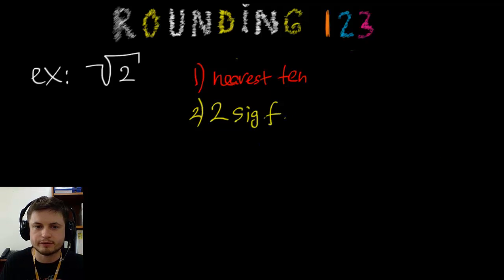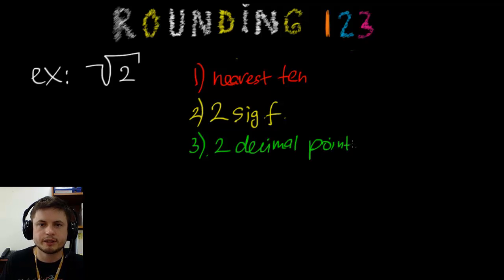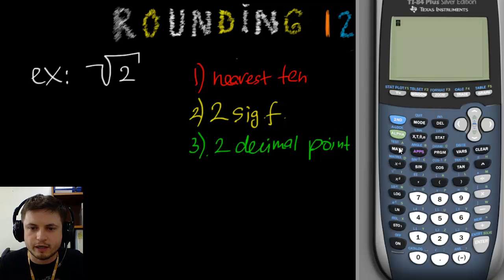And number 3 is you have to find this to 2 decimal points. And we're going to use our GDC, our calculator, for this because square root of 2 is an irrational number, it's a pretty long number, and if you don't remember what it is, you may as well just use your GDC. Okay, so let's find our square root of 2, and the answer is